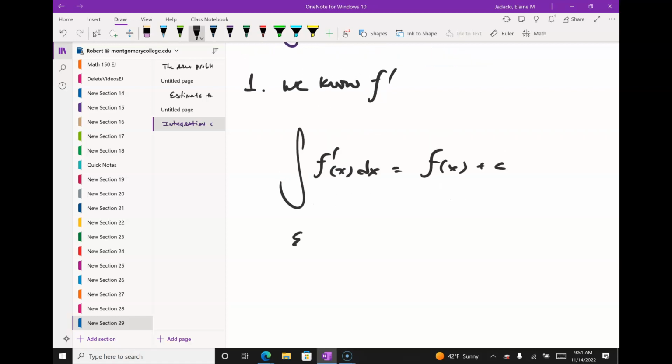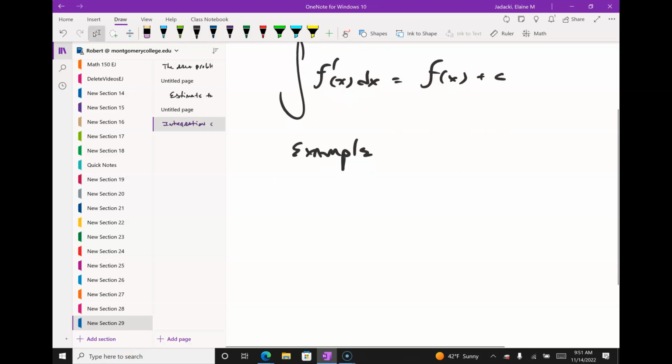For example, the integral of minus 1 over x squared dx. We just know this one, right? What's the antiderivative here? Yeah, 1 over x,